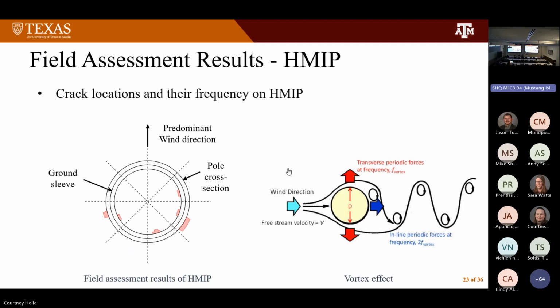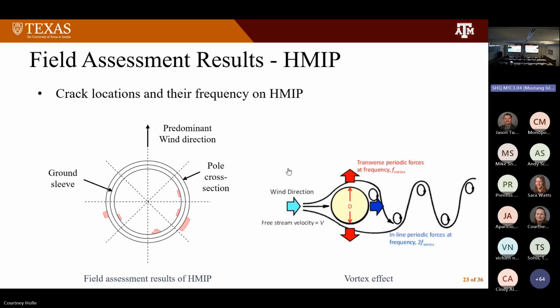And you can end up finding that the stresses are extremely small, but you're looking at millions and millions and millions of cycles potentially. So in our last study in our laboratory, we were looking at the fatigue performance of these at the really lower stress range. We're looking at the distribution of cracks. Some of these have a ground sleeve, some of them don't. We're looking at whether the cracks occur at the base or at the ground sleeve, and what we end up having.